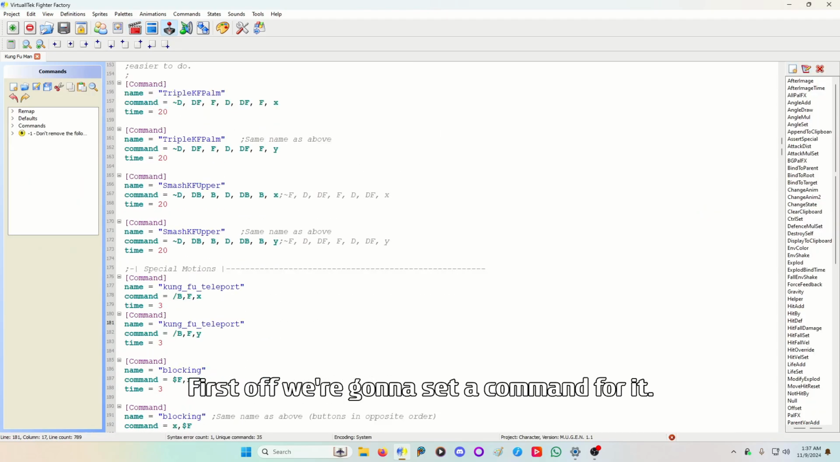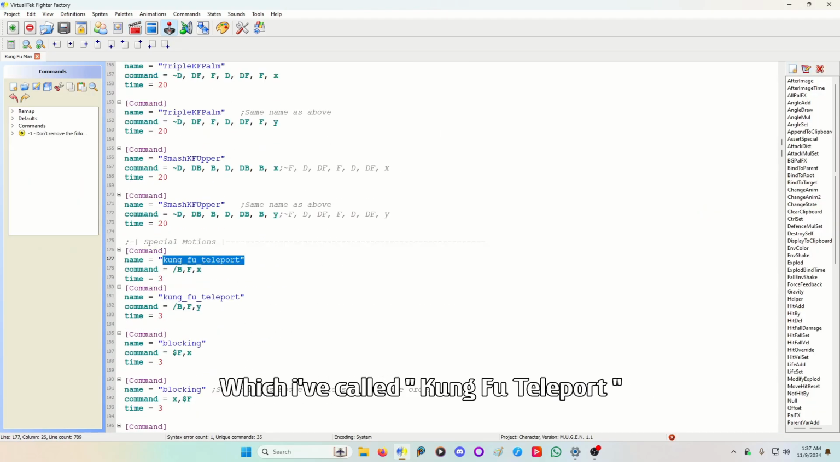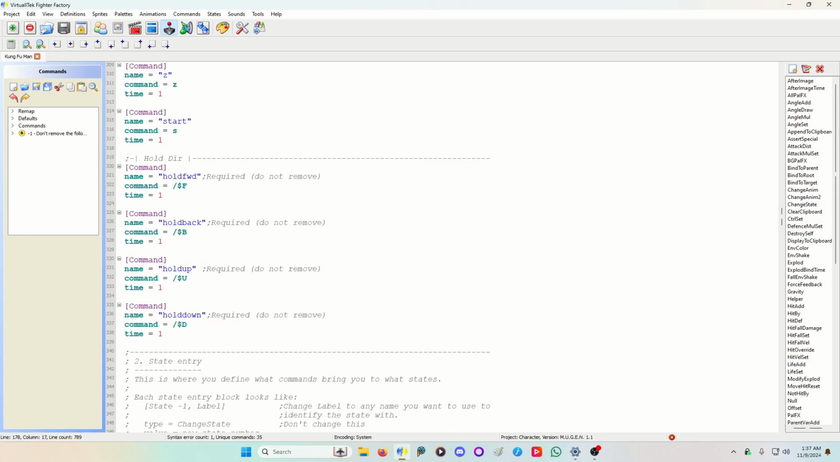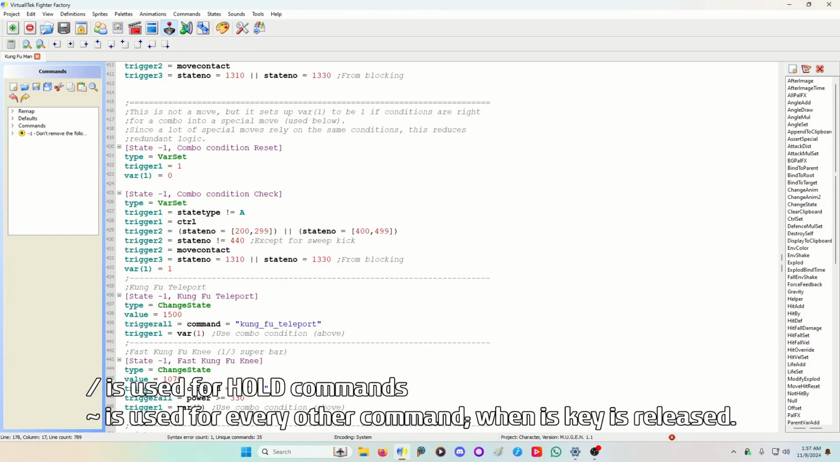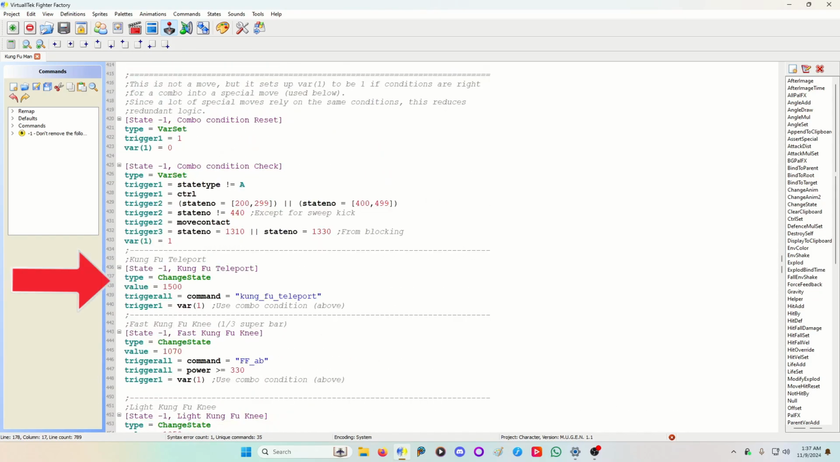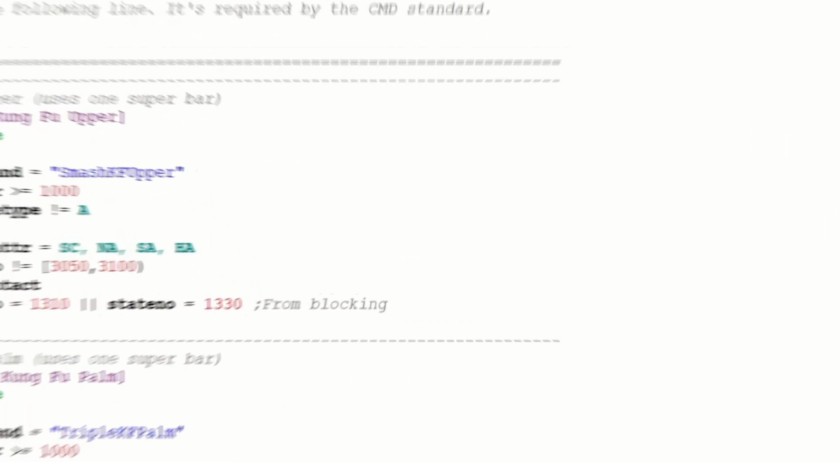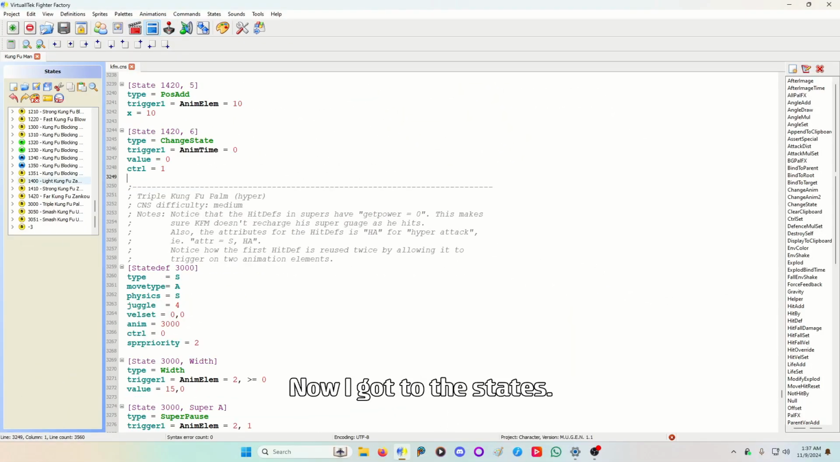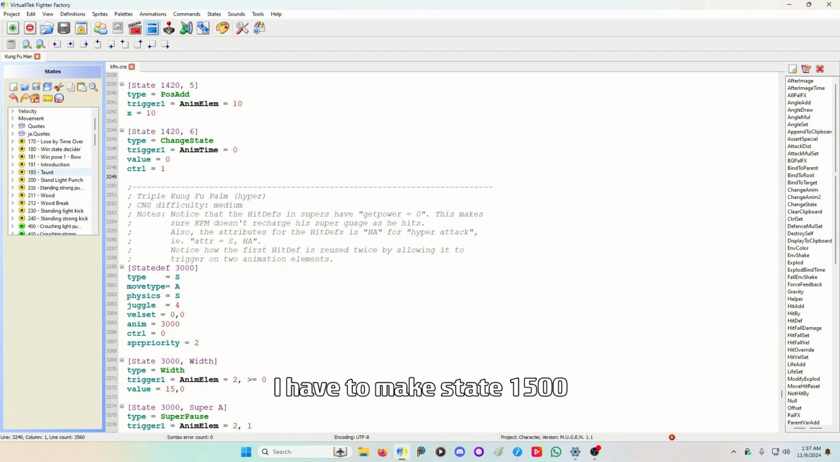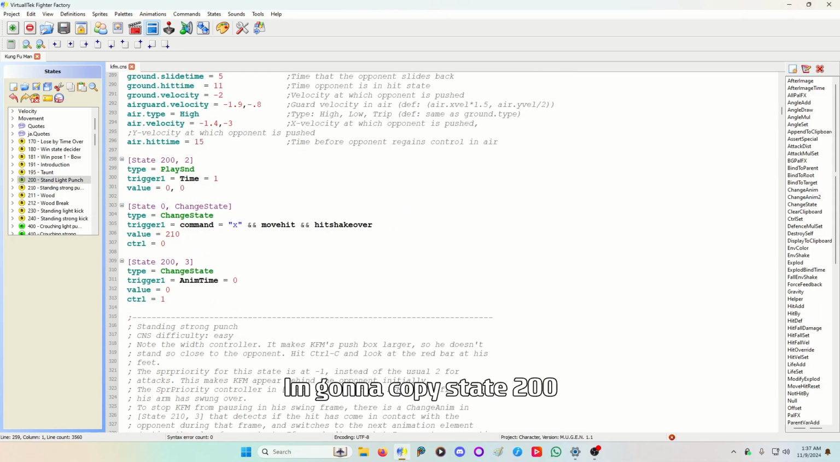First off, I'm setting a command for it, which I call Kung Fu Teleport. It's going to be back forward X, and then you do a -1 redirection for it, which is here. Kung Fu Teleport using state 1500. Okay, now I'll go to the states. I have to make state 1500. I'm going to copy state 200,